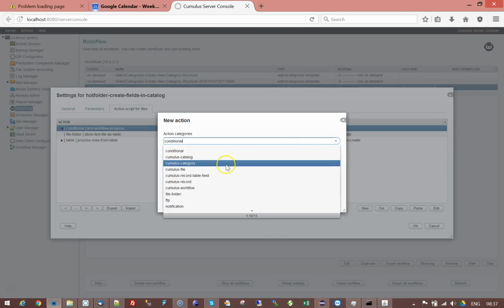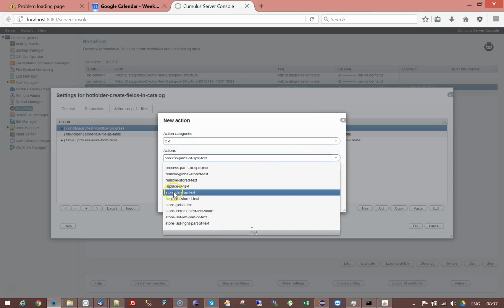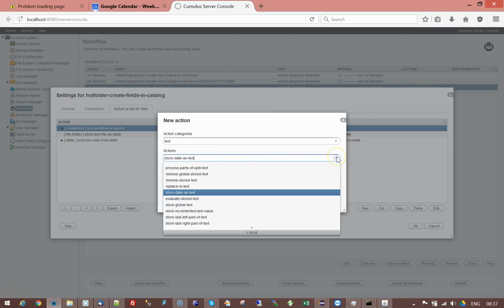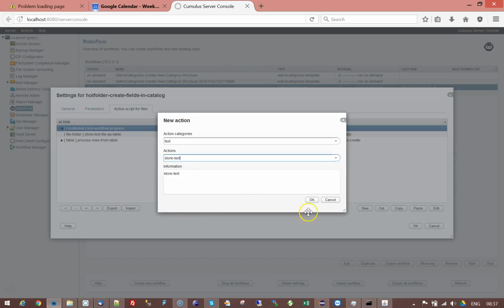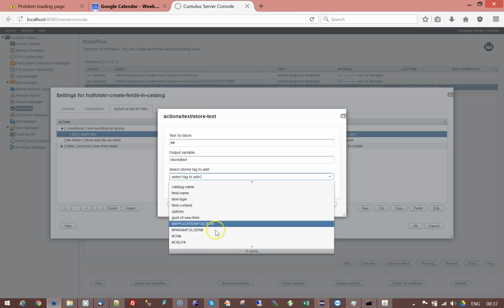and I can say I want to store a date, as text. Now, depending on what version you're working with, be careful, because there was a bug in this action. It was not storing the date correctly. So for the purpose of being safe, I'm just going to use store text and use inline scripting to get to the variable I want to store. So here is date